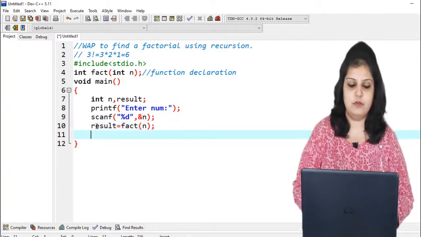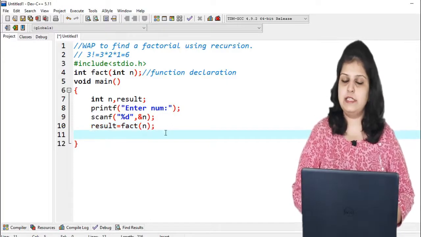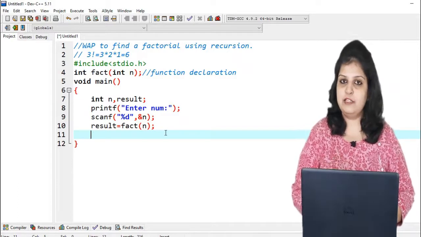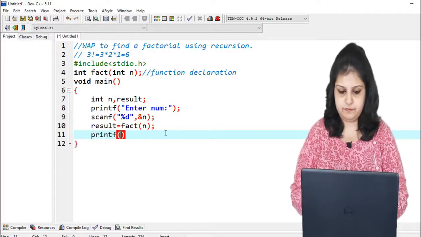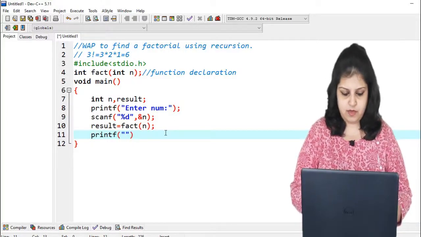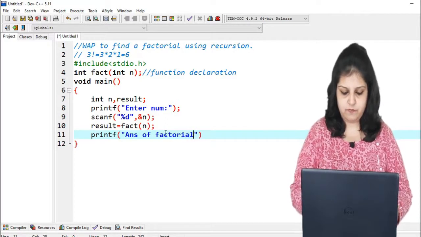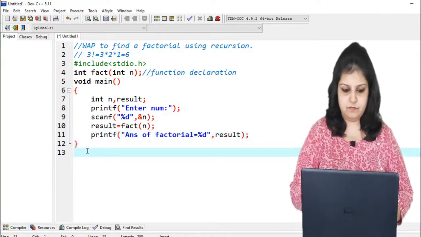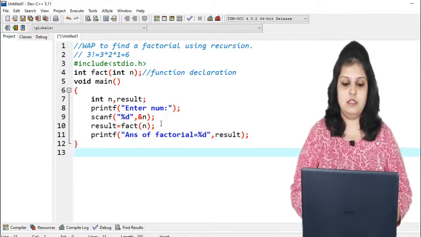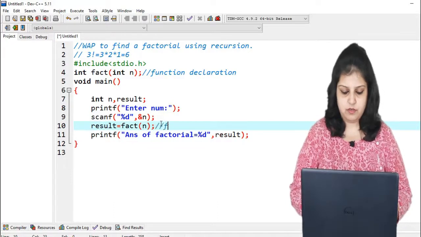This is our input, and when this statement executes, our fact function will be called and our answer will be stored in the result variable. So I am printing the value of result: Answer of factorial is equal to %d, comma, variable name, that is result. This is called a function call.